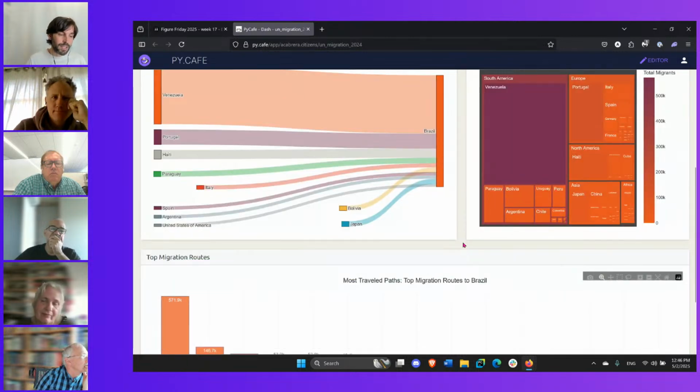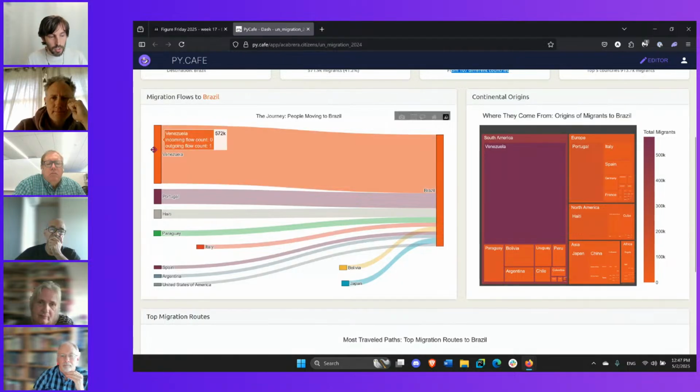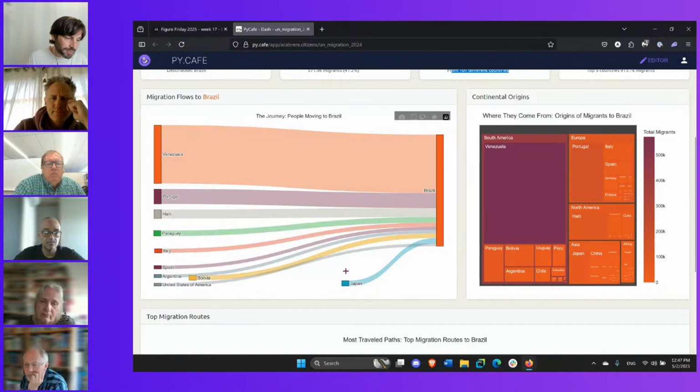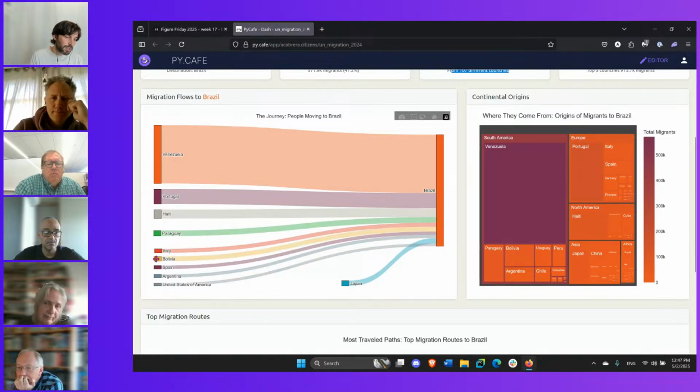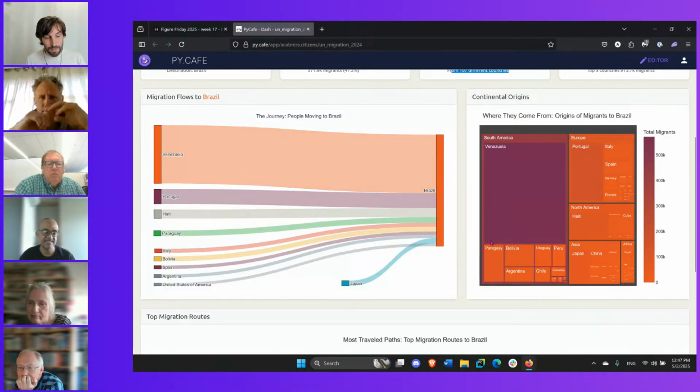What you pointed out here is very true. If you only have the Sankey diagram, cool. I can look at this and see that most people are from Venezuela, then Portugal and Haiti. But it's hard to see once you go to the smaller ones, what's the big difference? What are they percentage wise? So to that, you added the tree map, and then you added the